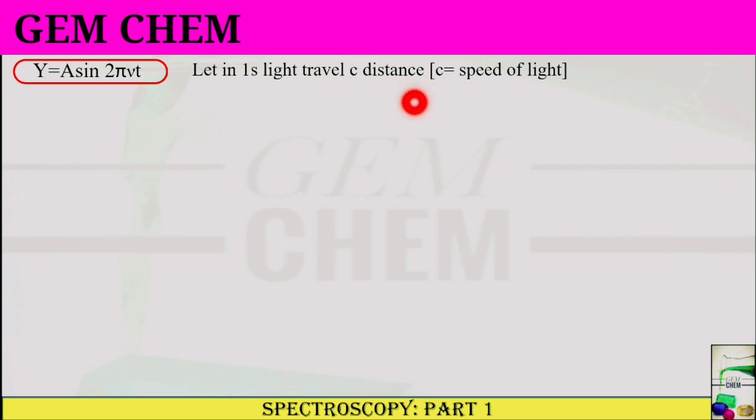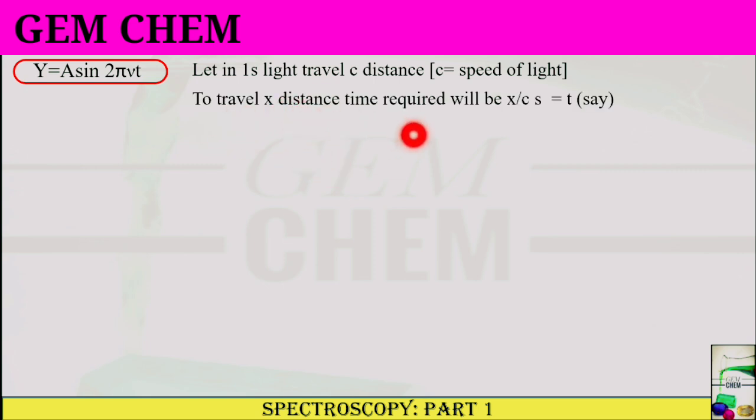If we see that c is our speed of light, we know that the unit of speed of light is meter per second. So from there we can write that it is traveling c meters in 1 second. Then to travel x distance, the required time is considered to be t, say, and it will be x by c. So finally, if we substitute this here, we get a sine 2 pi nu x by c,